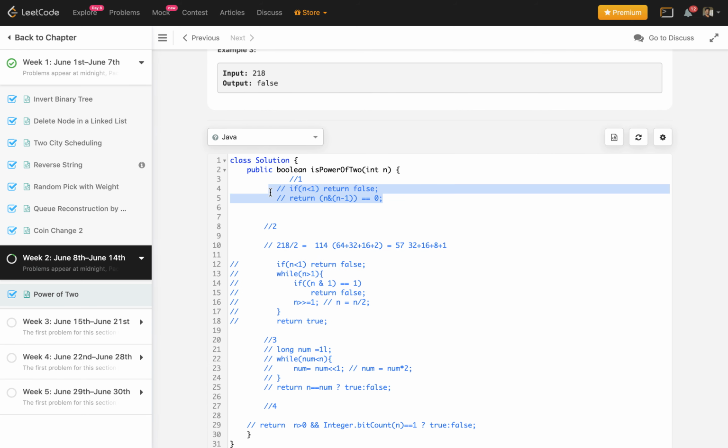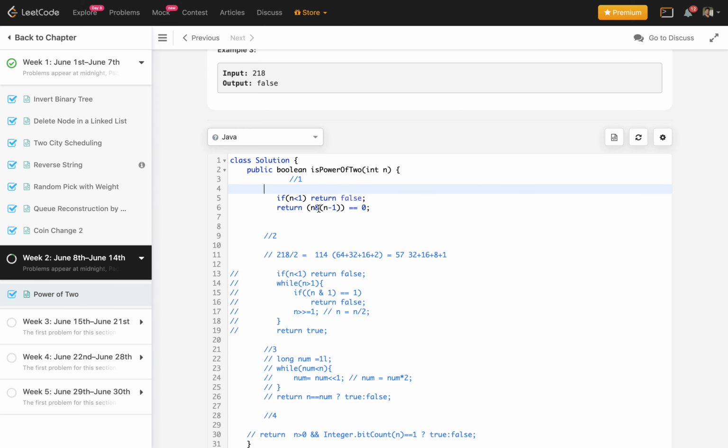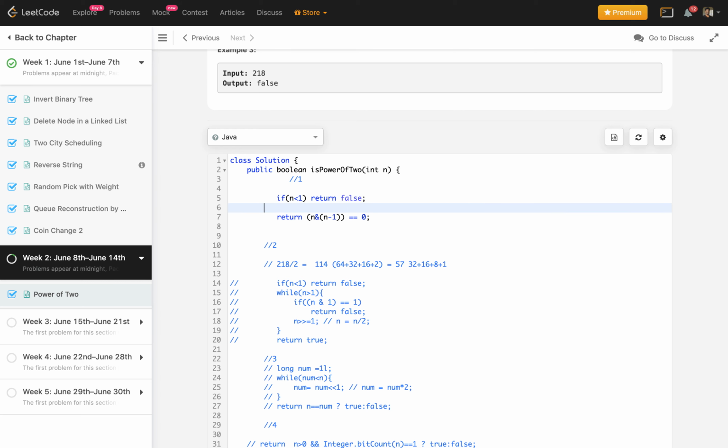And let's discuss this one. This is a very tricky one, but a bit easy as well. Also, I have to write that if the number is less than 1, then we have to return false.